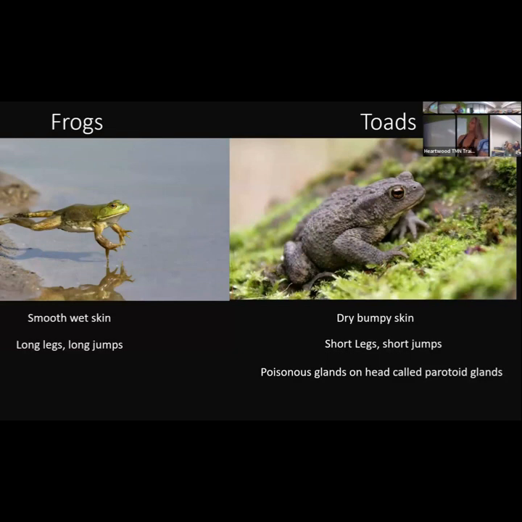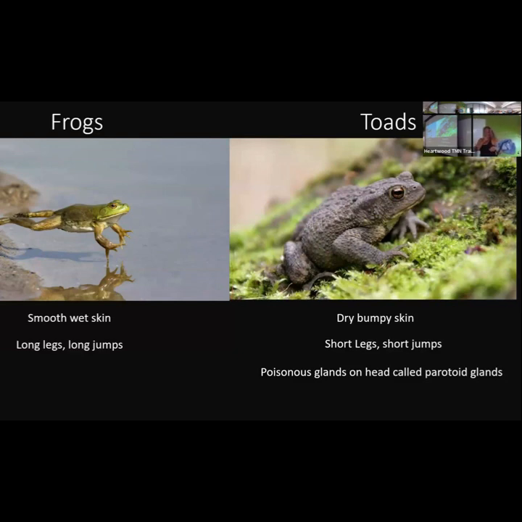They do this series of little short hops. So toads are the ones who are like hop, hop, hop, right? And you see a frog and they go boing, and it's this big long jump, right? So our toads are going to go hop, hop, hop, hop, like little hopping walks.